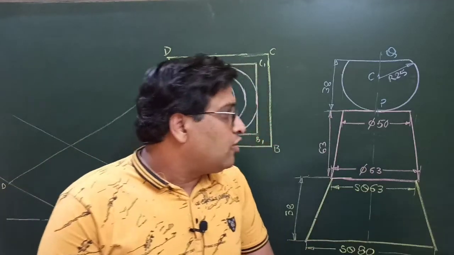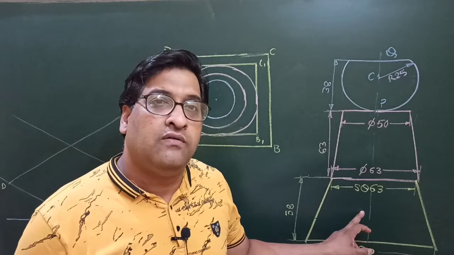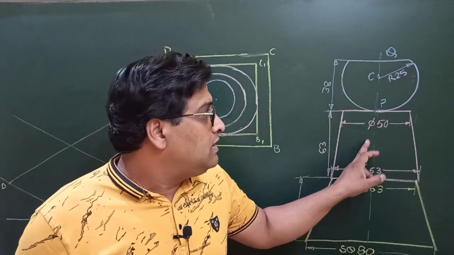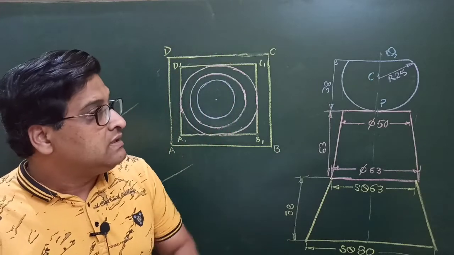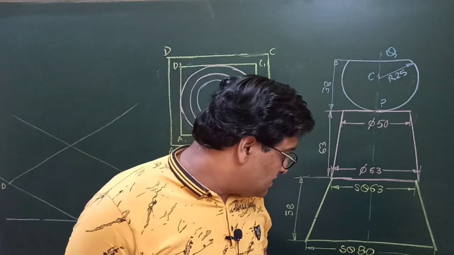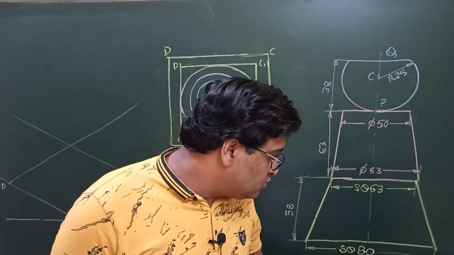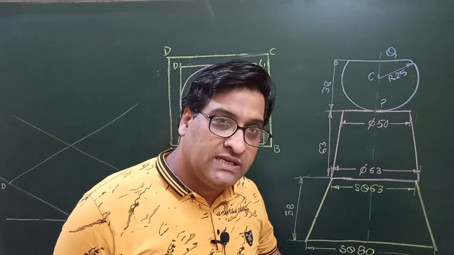This is an object made up of three solids. One is the frustum of a pyramid, a square pyramid, second one the frustum of a cone, and third one is a spherical part, a sectioned part of a sphere. Whenever it is written that this is a front view of the object, and there is written SQ 80, it means that it is a square of 80 mm sides.